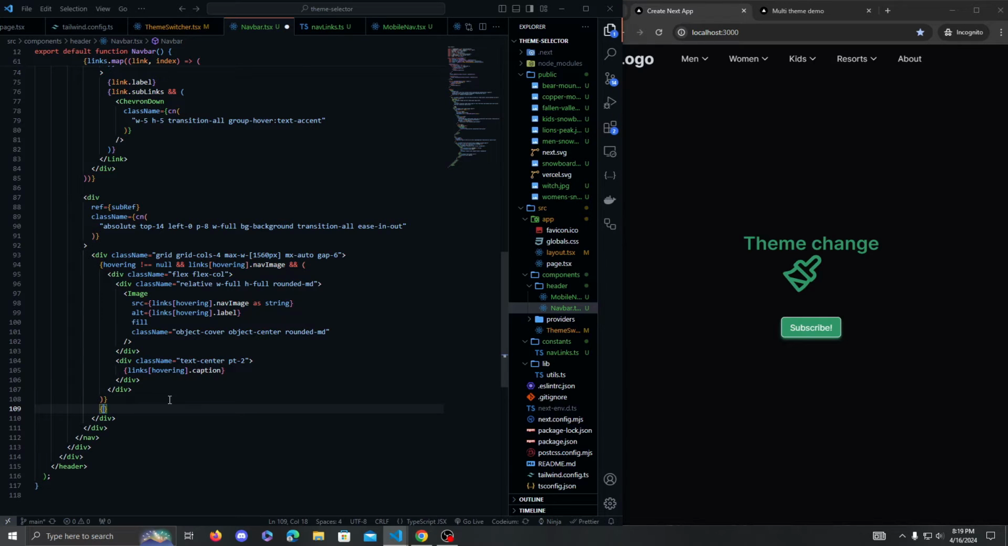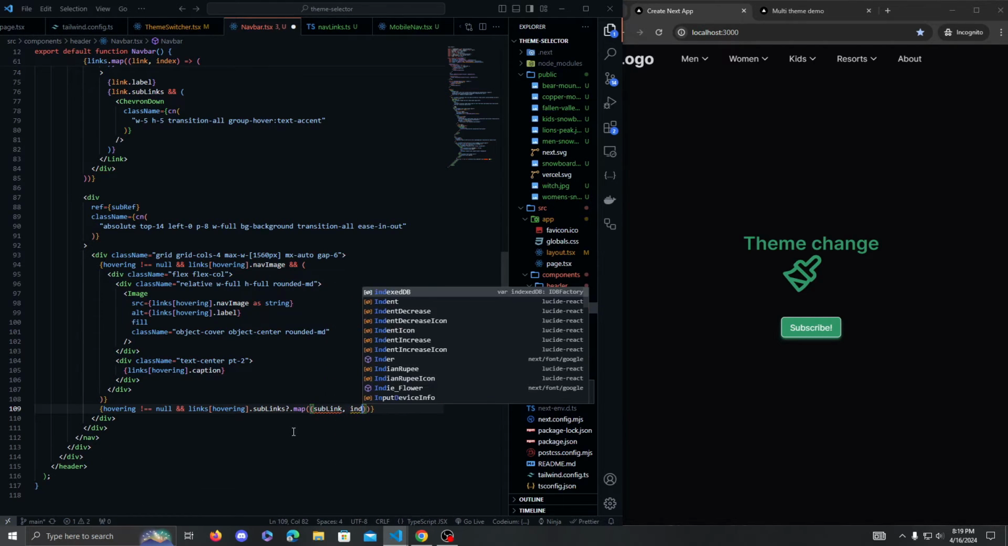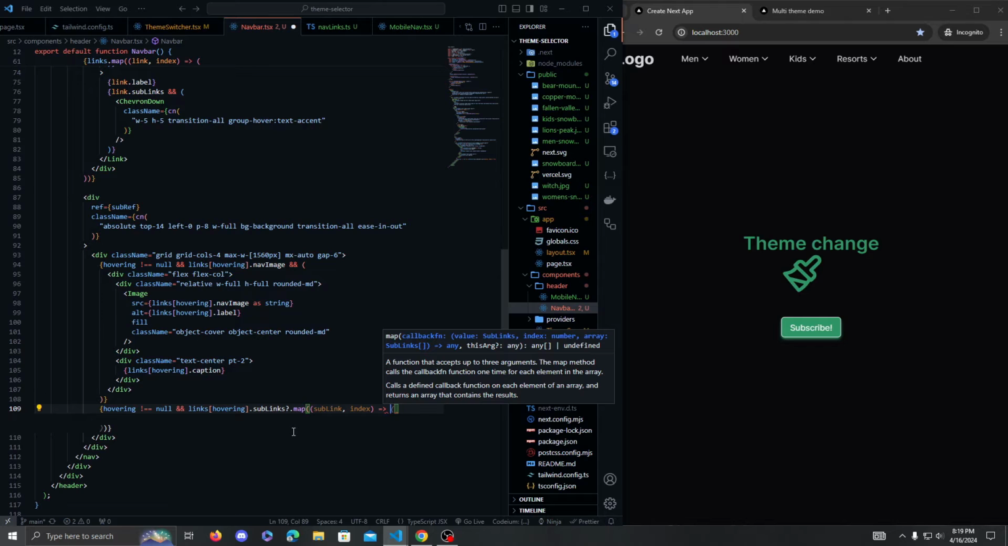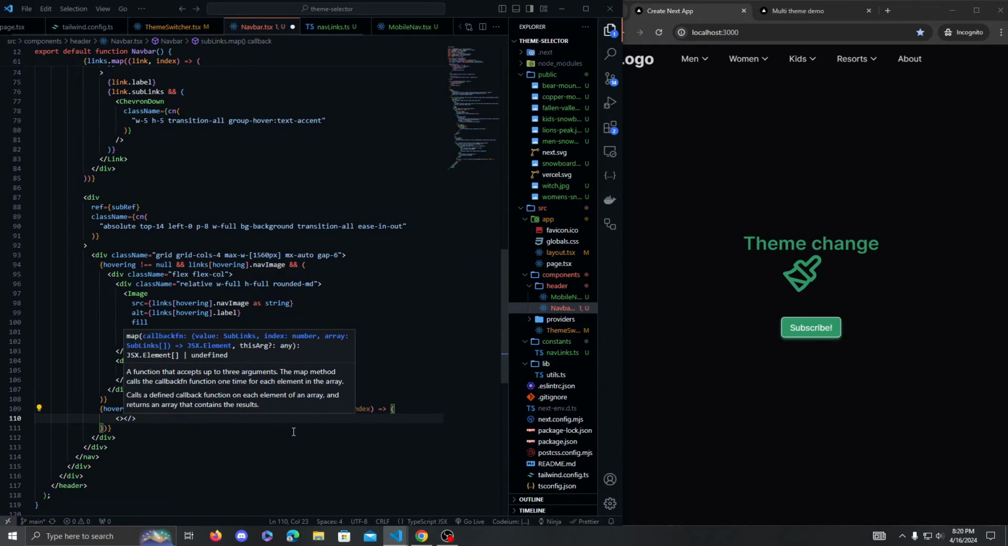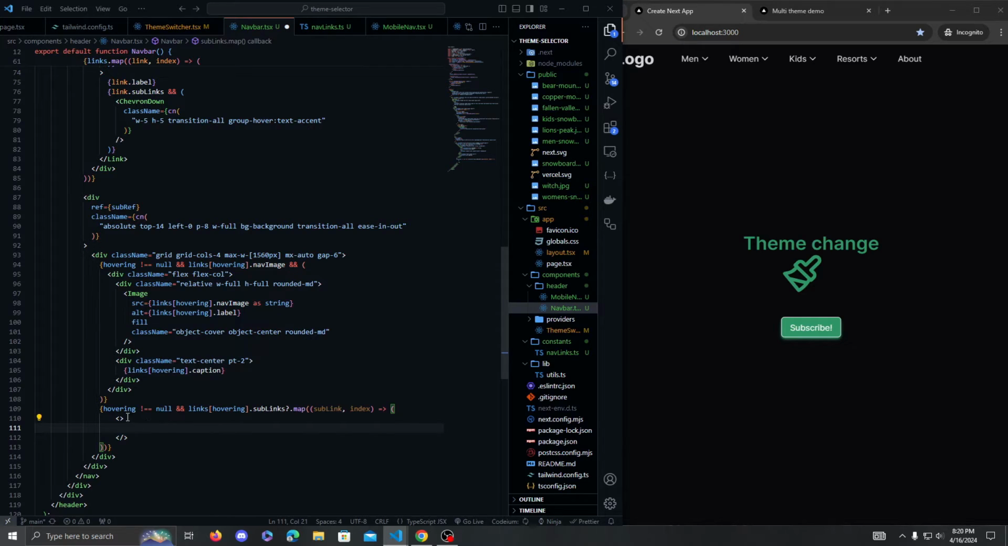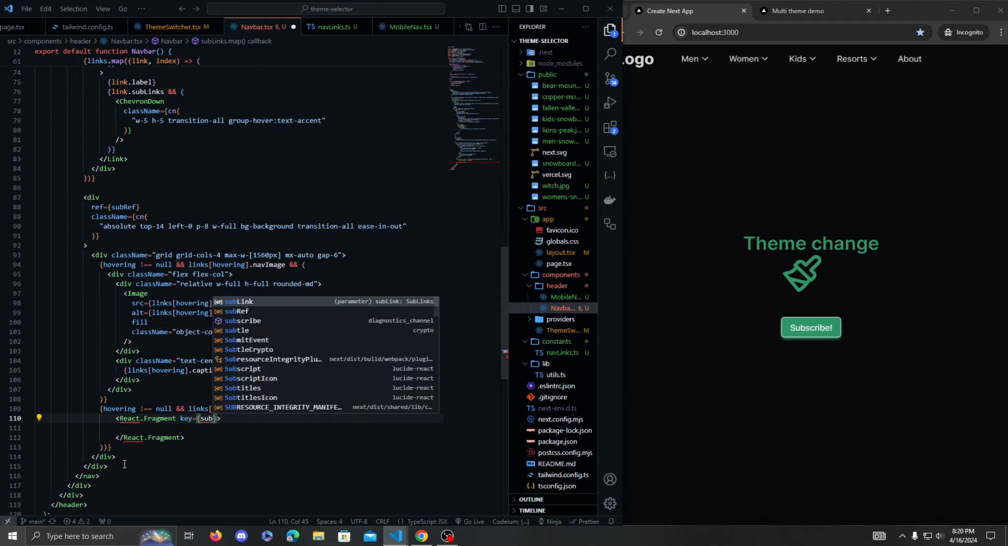So then below this, we're going to go hovering, again, does not equal null. We'll do and links, and we'll key into the hovering again, and if we'll have sublinks, which would be an optional map, because it could not exist. And we'll call this sublink, and then we'll get the index from this, and immediately return this again. And this one will just be empty fragments. Actually, we're going to do react.fragment, because so we can give it a key, which would be sublink